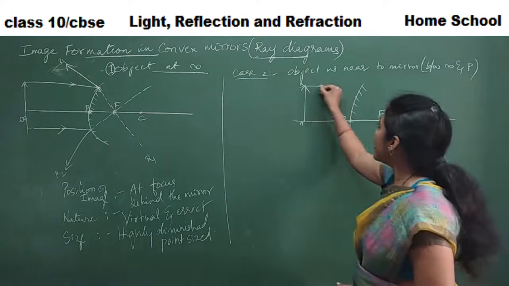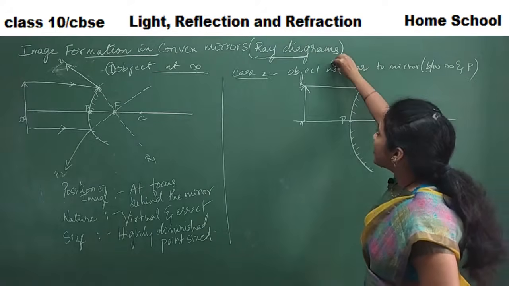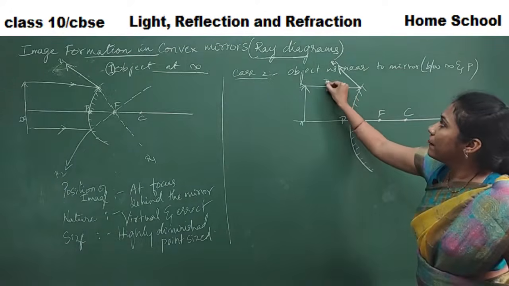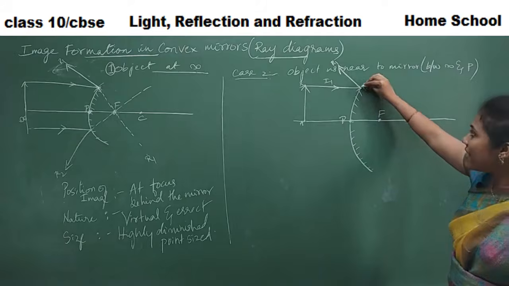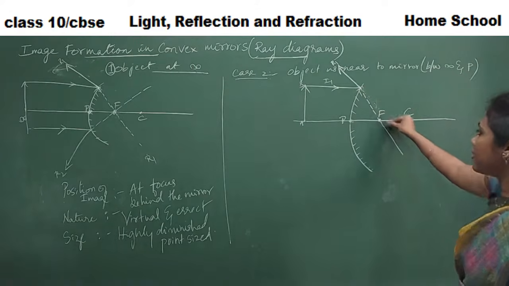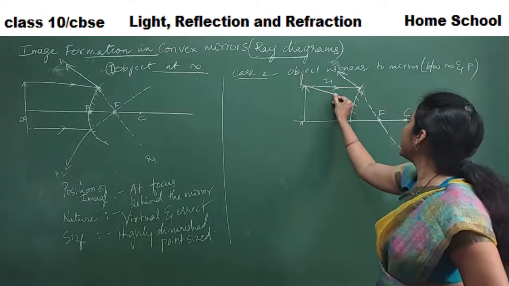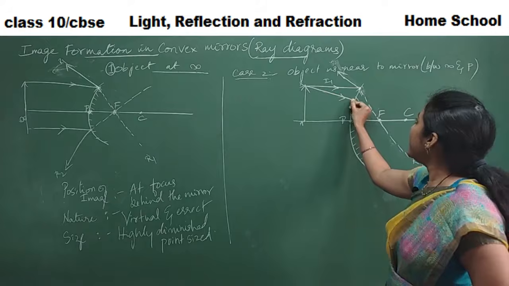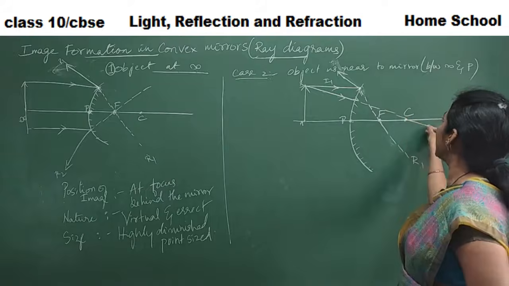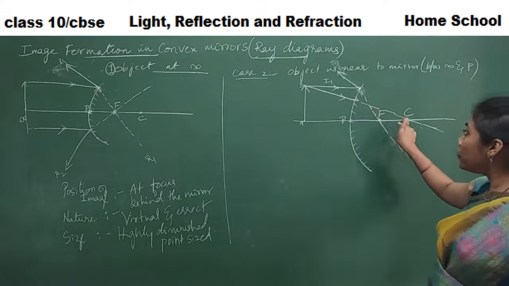Say the first incident ray is parallel to the principal axis. So definitely this gets reflected. This is my R1. Okay. But whenever an incident ray is parallel to the principal axis, in case of convex, the reflected ray appears in such a way that it has passed through focus point. Okay. Now I will take another incident ray, something like this, guys. And this incident ray is actually appearing to be passed through center of curvature. Okay, I am passing this particular incident ray through center of curvature.